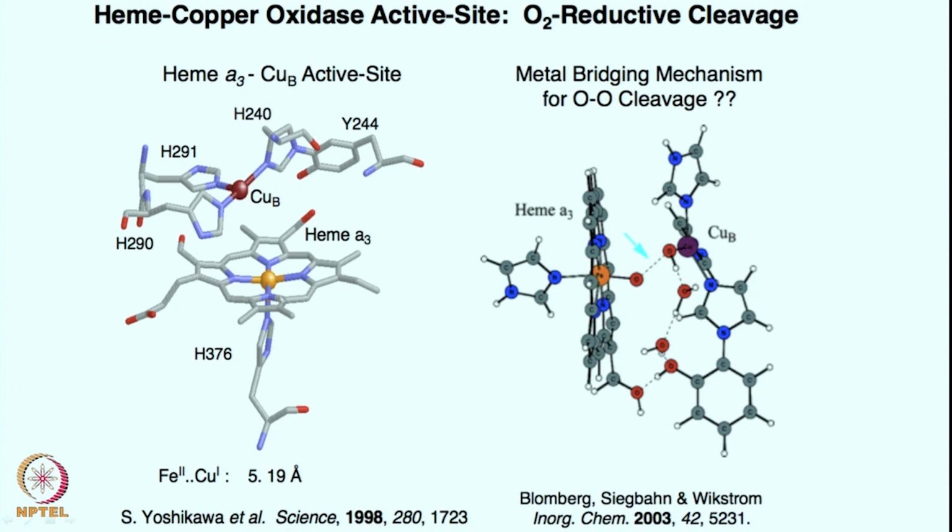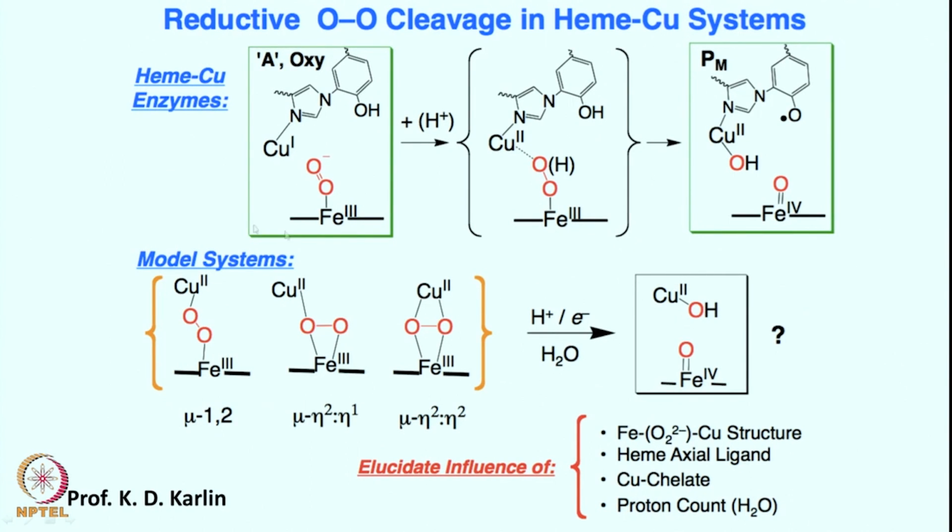This is the heme center where you have the iron center, and from the axial side there is this histidine. So, the proximal side is histidine and the distal side is open for oxygen coordination. Some crystal structures are there which are suggestive of some intermediate, but these are highly questionable. In any case, the proposed mechanism is such that iron will first form the iron superoxide species, just like what we were discussing earlier, just like you have seen in the case of hemoglobin and myoglobin with the histidine coordination.